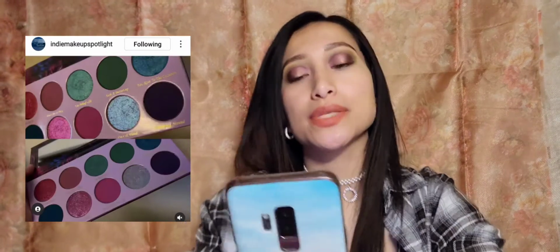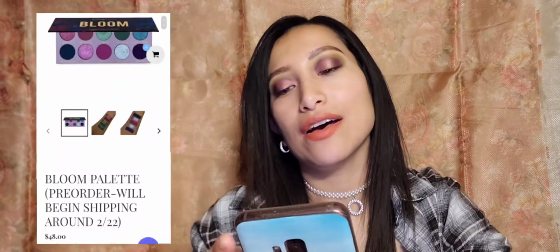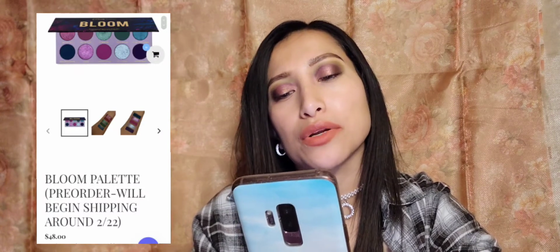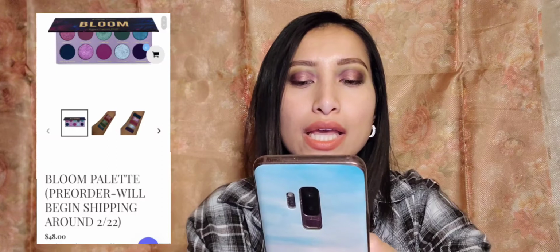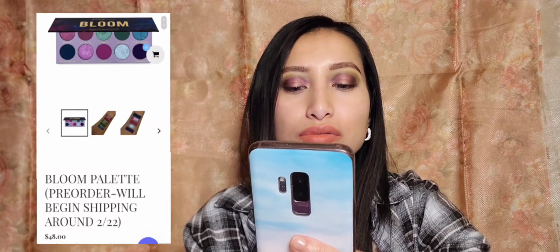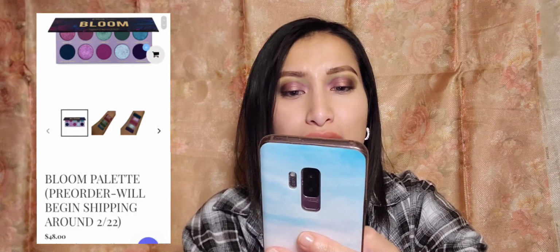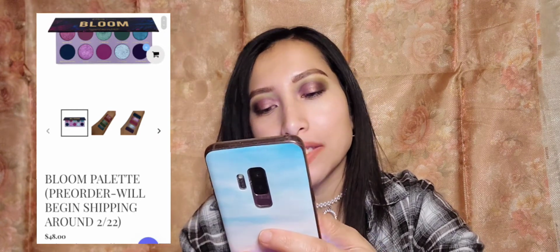So I'm on their website. They already sold out really fast, which I'm not surprised. But it retails for $48, and the pre-shipment order will begin on February 22nd, which is a while away. But yeah, the Bloom palette, it looks pretty. It's just like dark berry tones, and it looks like they have beautiful shimmers in there. I think there's a duochrome in there, but this is gonna be an easy pass for me